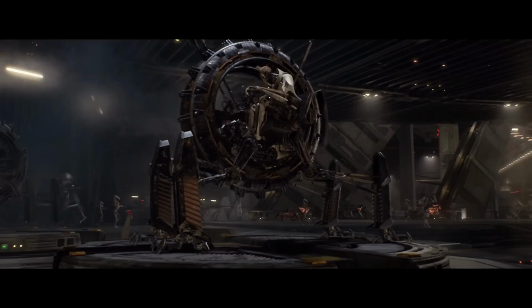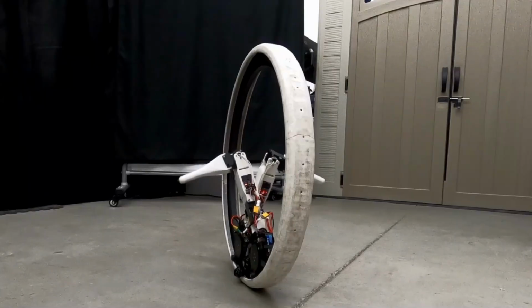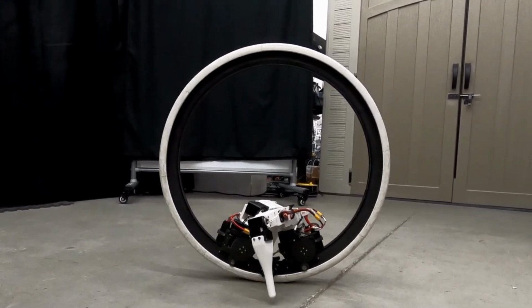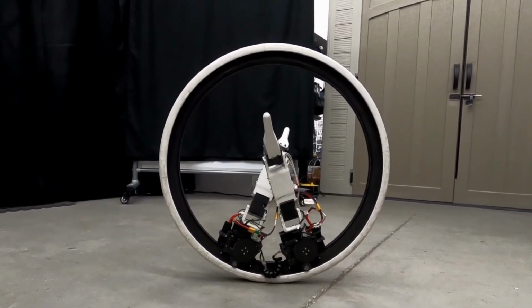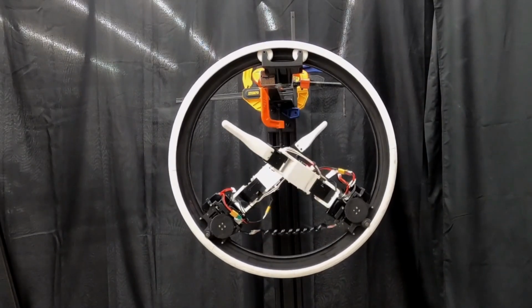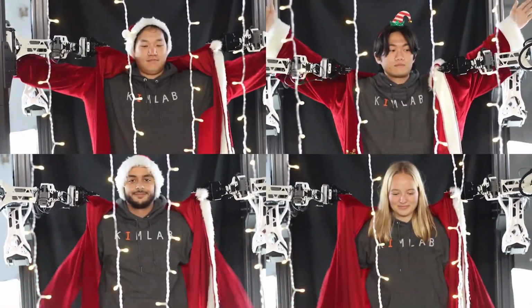Taking inspiration from Star Wars rolling battle droids, a researcher has developed a robot that glides on a singular large wheel, maneuvered by retractable limbs. This robot, however, is destined for delivery tasks rather than battling the Rebel Alliance. Dubbed the RingBot, this compact prototype was crafted by Associate Professor Joohyung Kim and his team at the University of